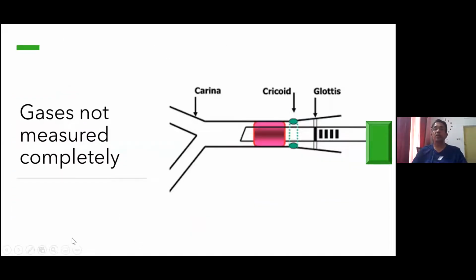In neonatal ventilation, we often do not use cuffed tubes. This pink portion is the cuff which we show you. If it is the cuffed tube, then all the gases would go only through the ET tube back to this green flow sensor, and correctly they would be measuring how much gases came out, when did they start coming out. But if in a neonate you're using non-cuffed tubes, then the gases can go through the side of the ET tube and would leak out completely or partially. And the flow sensor would get only half the signals. So if there is a significant leak, like you put in a small tube or the tube got slipped out a little bit, then the ventilation would not be measured correctly.